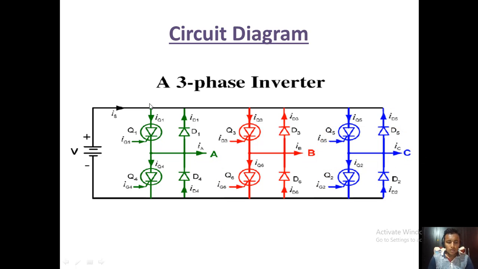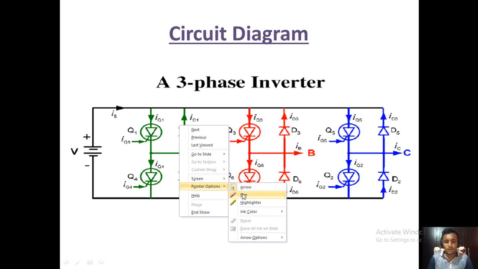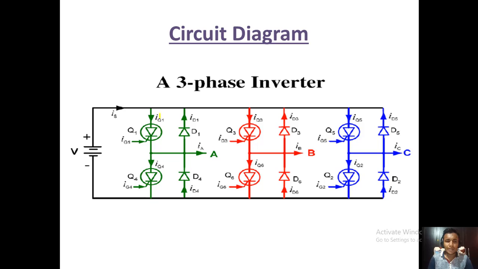Now these switches are turned on and off at regular intervals of 6 intervals. The sequence of on and off is programmed to obtain a three-phase voltage. To get a three-phase voltage, we have to give the gate driving signal. We already know that a thyristor has three terminals: anode, cathode and a third terminal, the gate terminal. So at the third terminal we have to give the control signals. Depending on the types of control signals